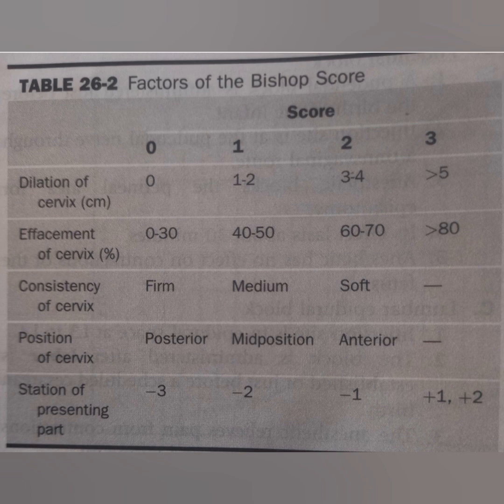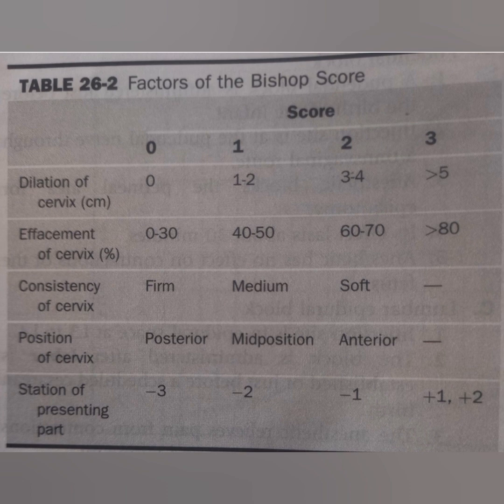If there is no dilation of the cervix it is 0, and if it is 1 to 2 centimeter dilation the score is 1, and if the dilation is 3 to 4 centimeter the score is 2, and above 5 centimeter the score is 3. Like that the score is assessed. Next, effacement of the cervix and consistency of the cervix, that is, whether the cervix is soft or firm, we can assess firm, medium and soft, that is score 0, 1, 2.